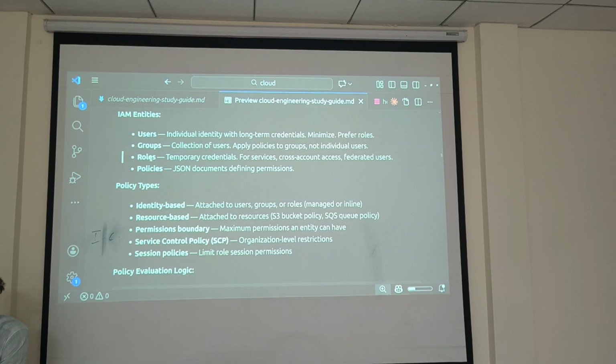Roles are the top level. Like I showed initially, I am the editor of my entire GCP, so I can do whatever I want. But I am not the owner, so some owner privileges, like billing management, I can't do. That is how your role is going to be. Policies are nothing but the permissions, so what things you are able to access.